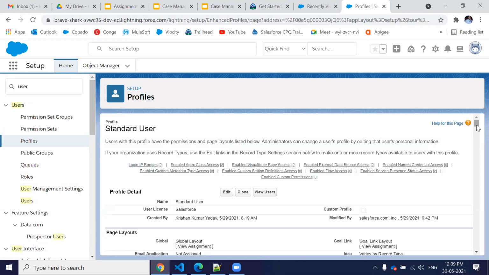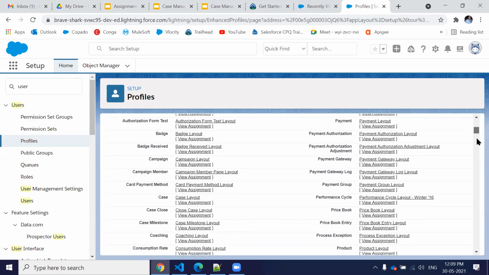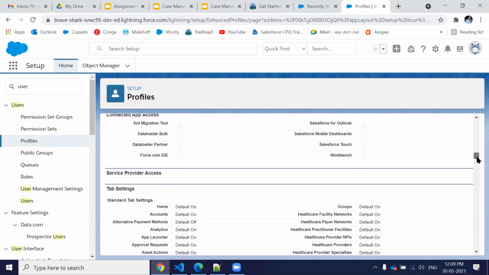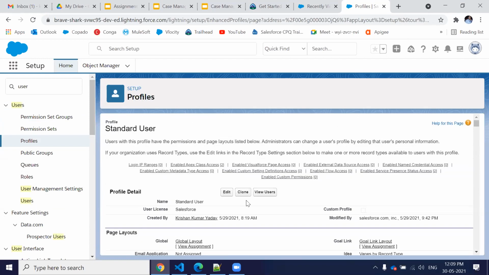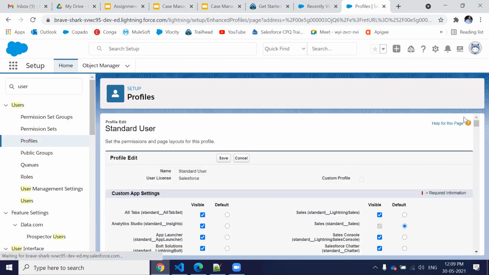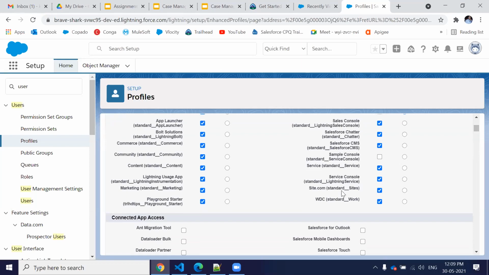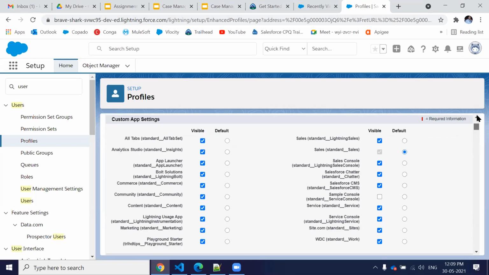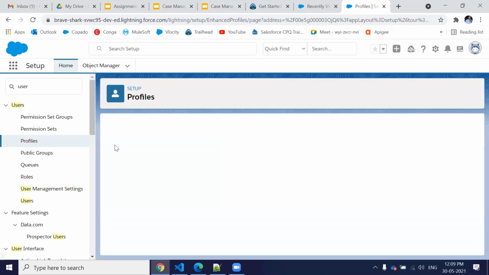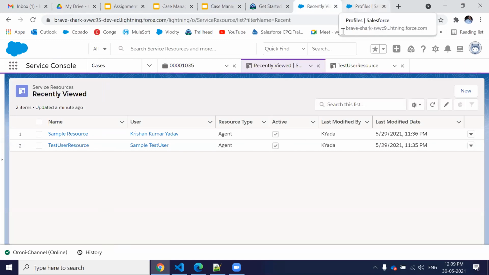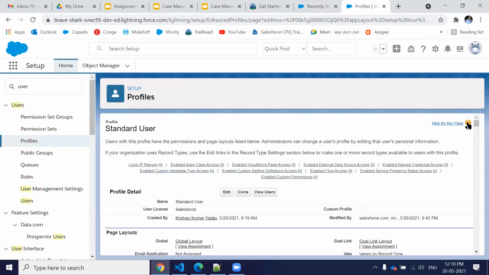We also have to assign the app, whether this user can use that app or not. So let's just check which app access we have on this profile. So I have service console. I have it already. All right. So let me just go to this and log into this user.